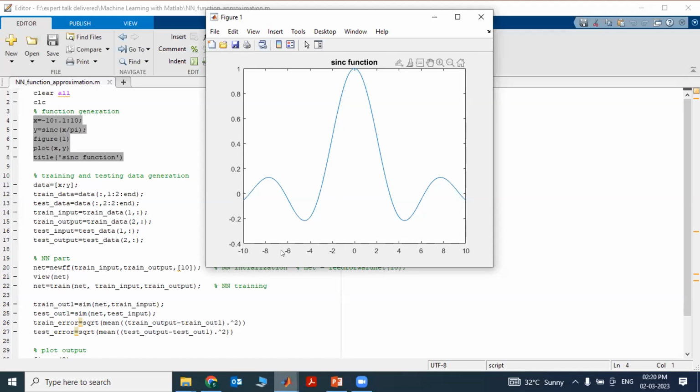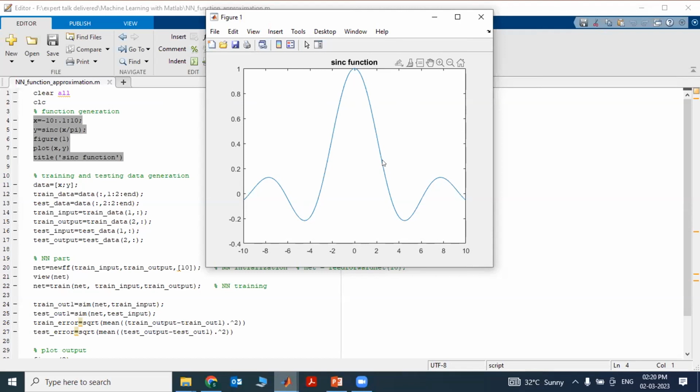I'm just choosing the training data only in this range. Is it possible? It is possible, but the neural network will not behave properly apart from the region of -2. So the selected training data should belong to our complete minimum to maximum range. That means I should choose training data between -10 to +10.